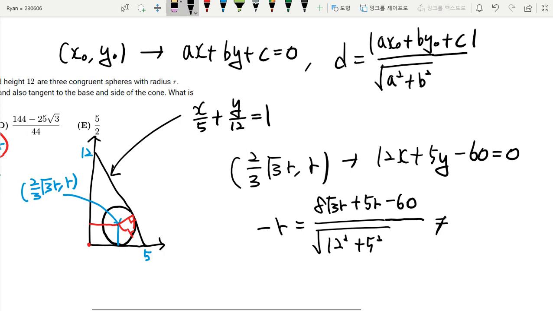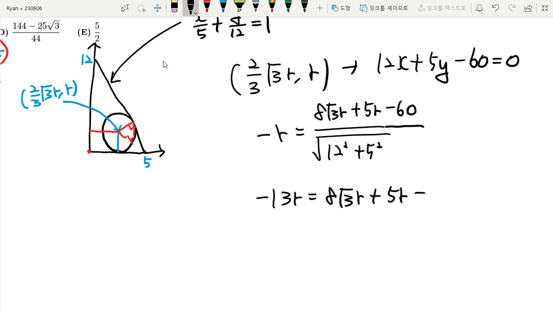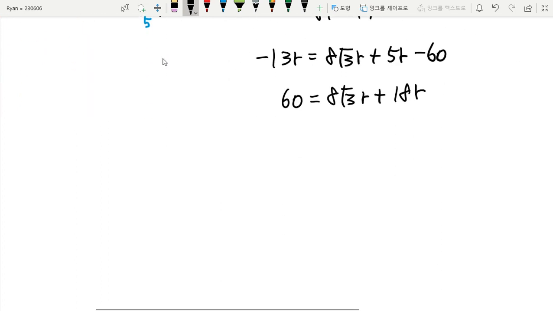So we can multiply 13 to each side. And if we solve this for r, we can divide both sides by